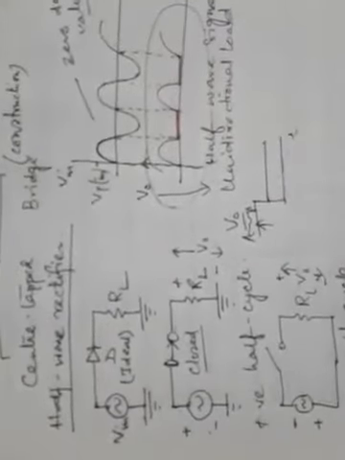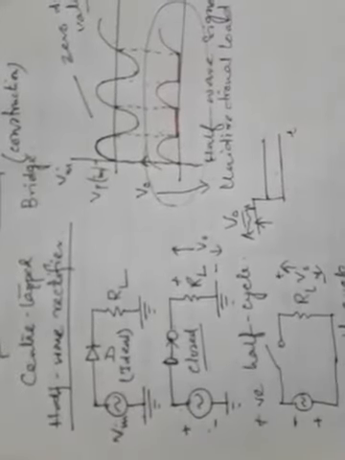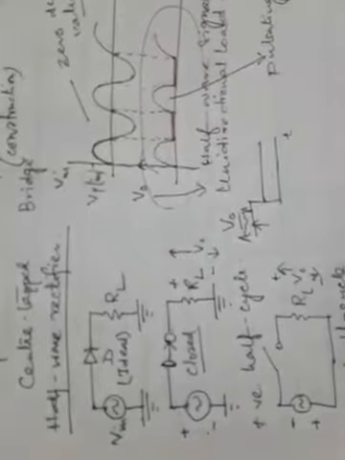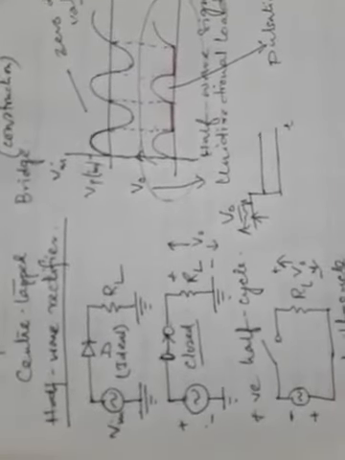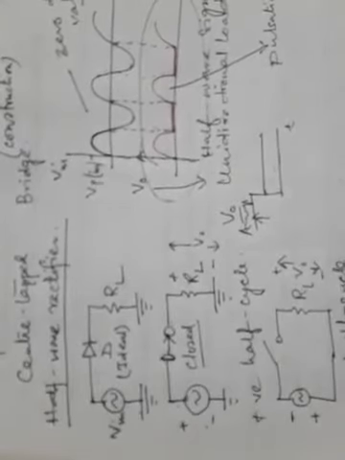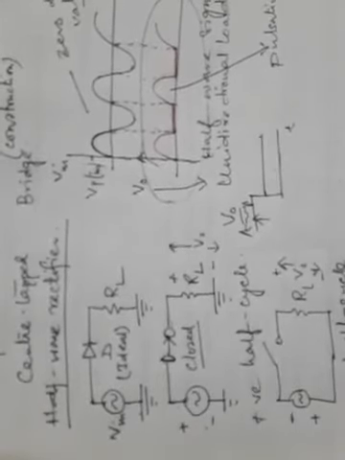But these two signals are not matching. So the question arises, how can this output be called a DC signal? Actually, this output is not a pure DC, it is a pulsating DC. It is called a pulsating DC. That means a DC mixed with AC signal components. And in this case, we are seeing that it increases to a maximum at some point during the positive half cycle and decreases to zero during the negative half cycle, as compared to the input signal.